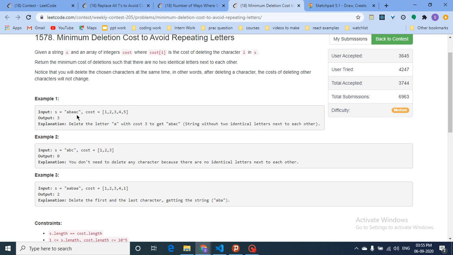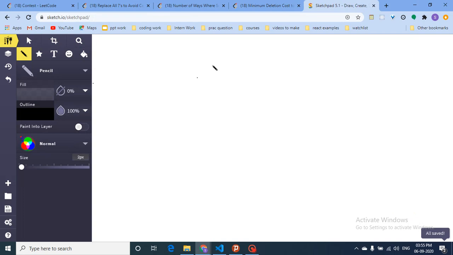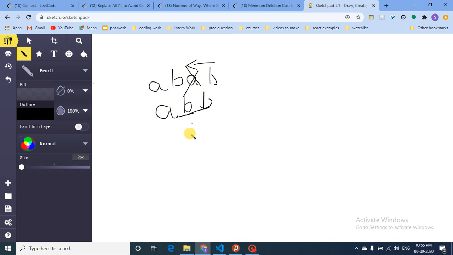So you have to delete one character at a cost of 3, so you have to return 3. What is the minimum cost you have to incur such that you delete some characters, and in the end the remaining string doesn't have any consecutive equal characters? The main thing to observe in this question is, first I thought to use a stack, because in such questions, when you delete some characters, let's assume you have this string. If you delete this A, then this B will stick to this and form a new string in which BB will come close to each other, and then I have to take care of that case also.